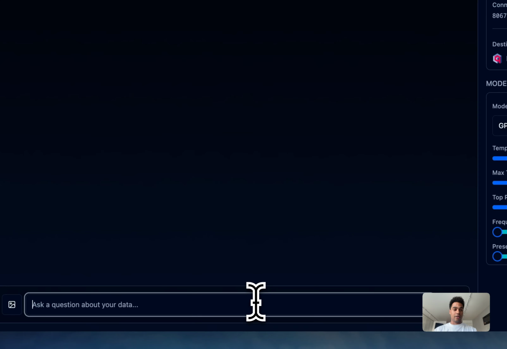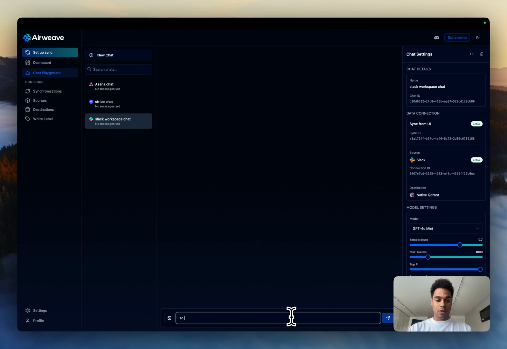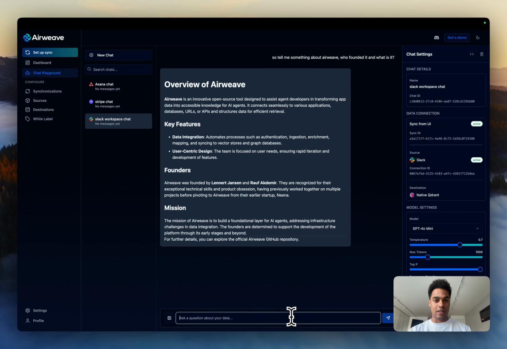But you can also ask it more higher level things about an entire workspace. So now it's hooked up to my Slack workspace and I can ask it, "So tell me something about Airweave. Who founded it and what is it?" And then based on everything that it finds in my workspace, it gives me a rundown about Airweave and also